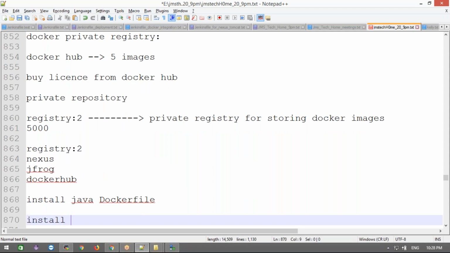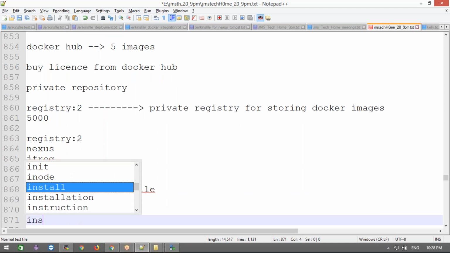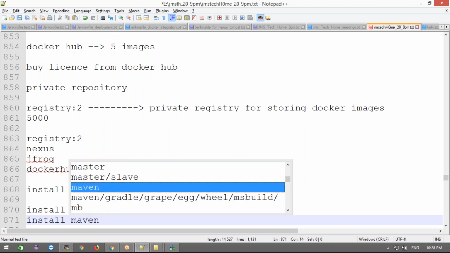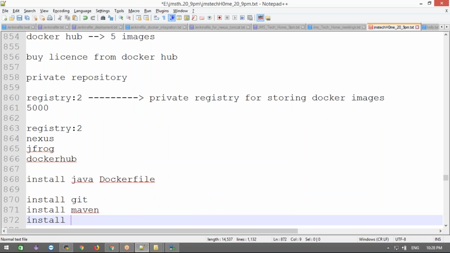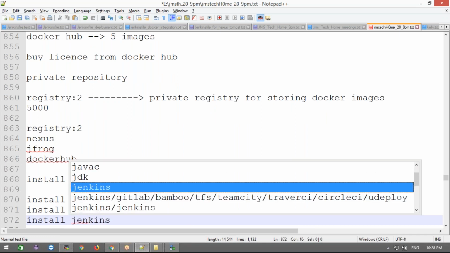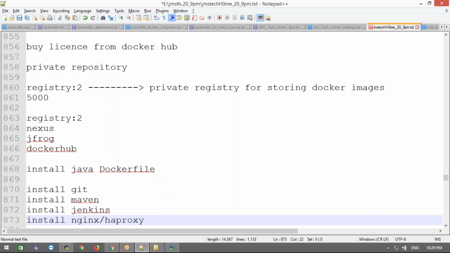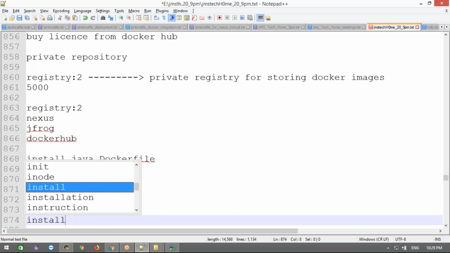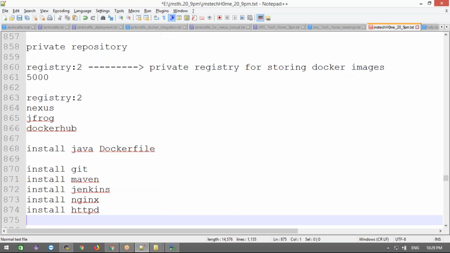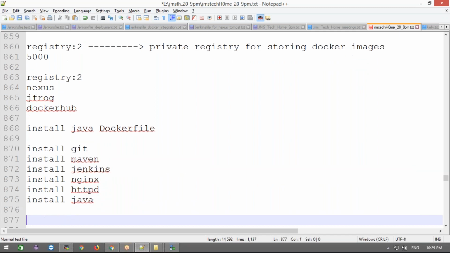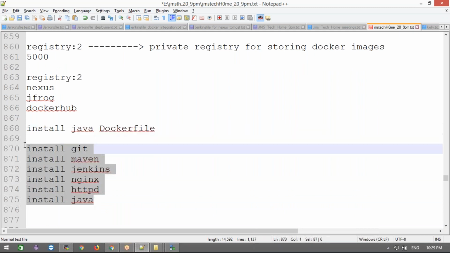And install Git software, install Maven software, install Jenkins software, and install Nginx, and install HTTPD. Nginx, HTTPD, Java: write a Dockerfile for these examples.